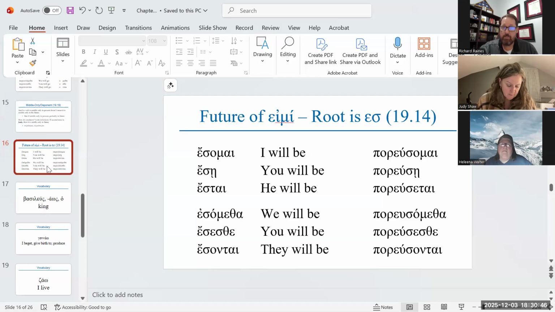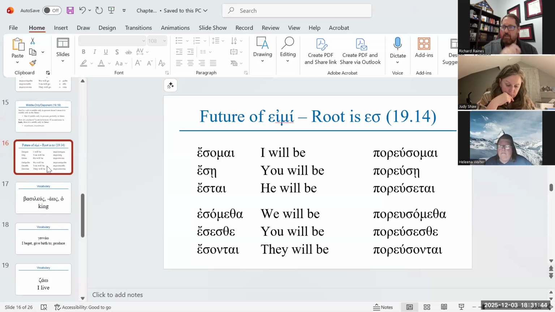You can see those endings are those middle endings, right? The present middle passive and the future middle. But the problem you're going to have is you've learned the forms of εἰμί in the present, I am. You haven't learned this. And I would treat these like a new paradigm. So if you remember that the root is epsilon sigma for the future of εἰμί, get what I'm saying here? So the root of the future verb εἰμί is not epsilon iota, it's epsilon sigma. If you just remember that the stem is epsilon sigma,